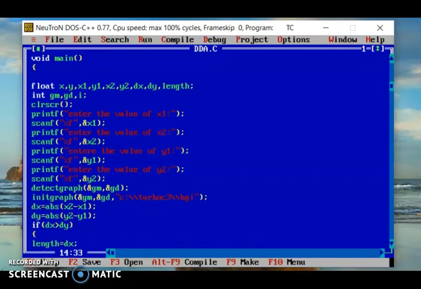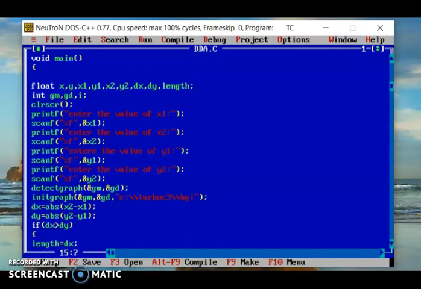And then next is scanf, inside double quotes %f, because I have declared x1 as a float. So inside the double quotes %f, comma, ampersand x1, close the round bracket, semicolon.